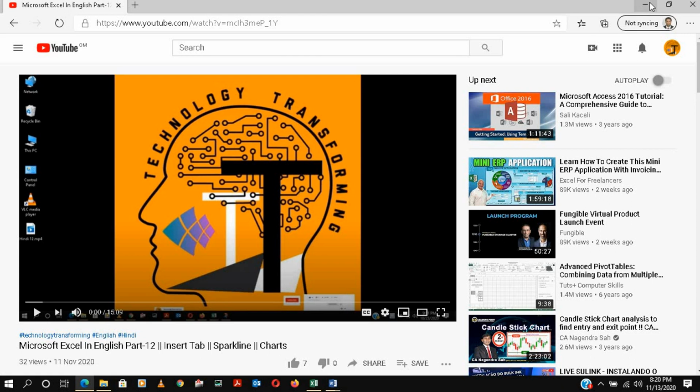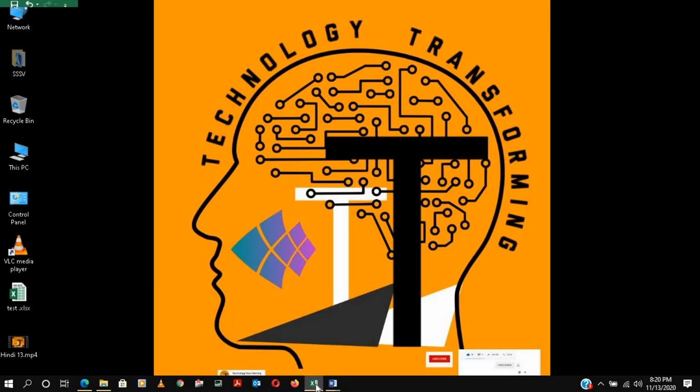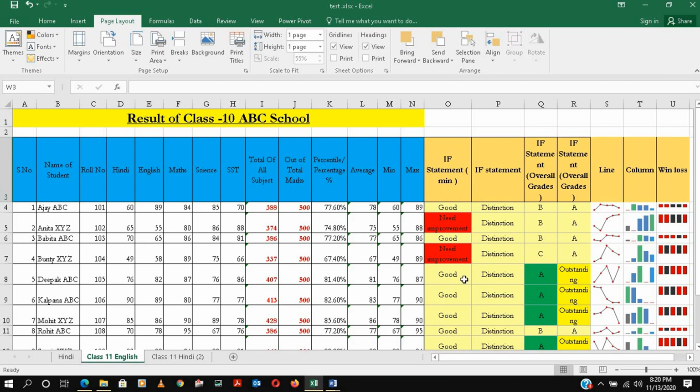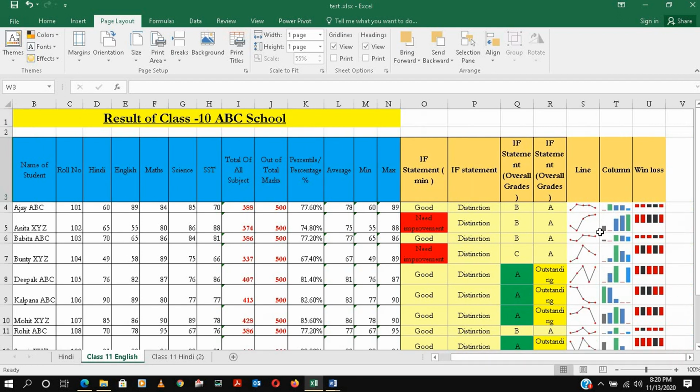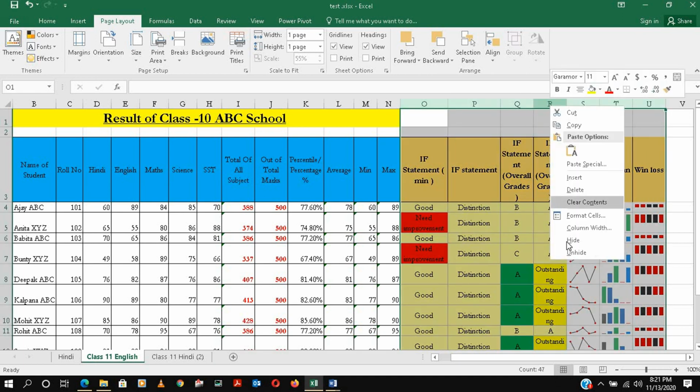So basically we'll go to today's session. Okay, in the last sessions we covered all these things: line, sparklines, and other things. Basically we covered the Insert tab. We already explained a lot of things, pivot chart, everything. We covered some beautiful topics, like how to make a personal budget, so you can track your budget, your costs and your expenses. That is not required right now for what I'm explaining.